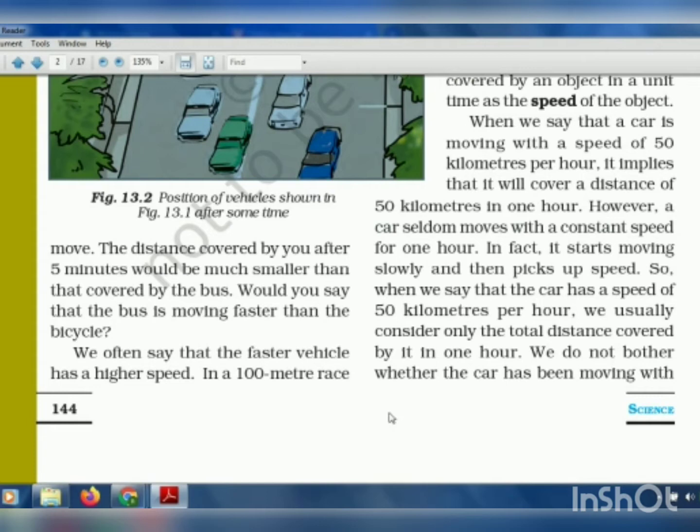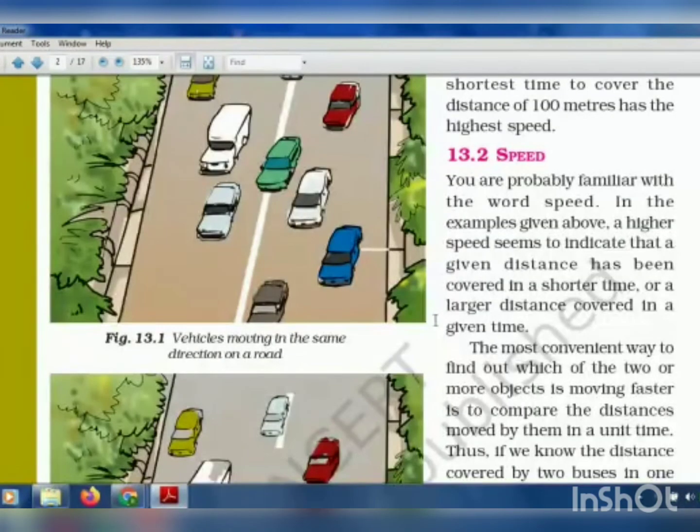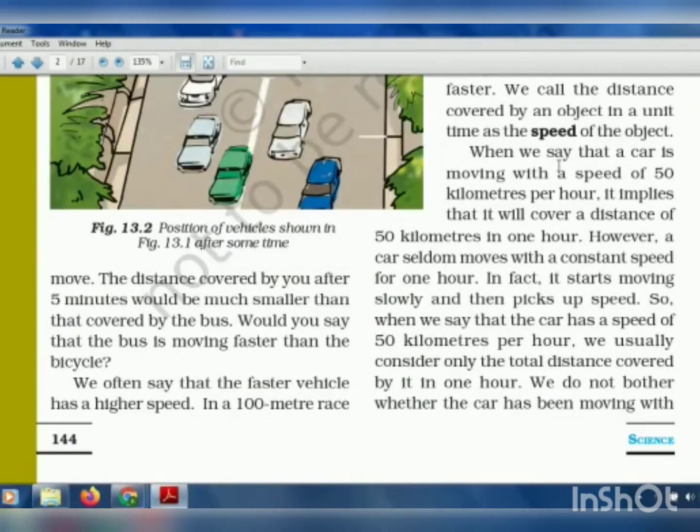So the bus is moving faster as compared to the bicycle. Previously we were discussing how we can decide whether an object is moving fast or slow according to the distance traveled by the object in a particular period of time. Okay, now the next point, also given in that topic, is that we often say the faster vehicle